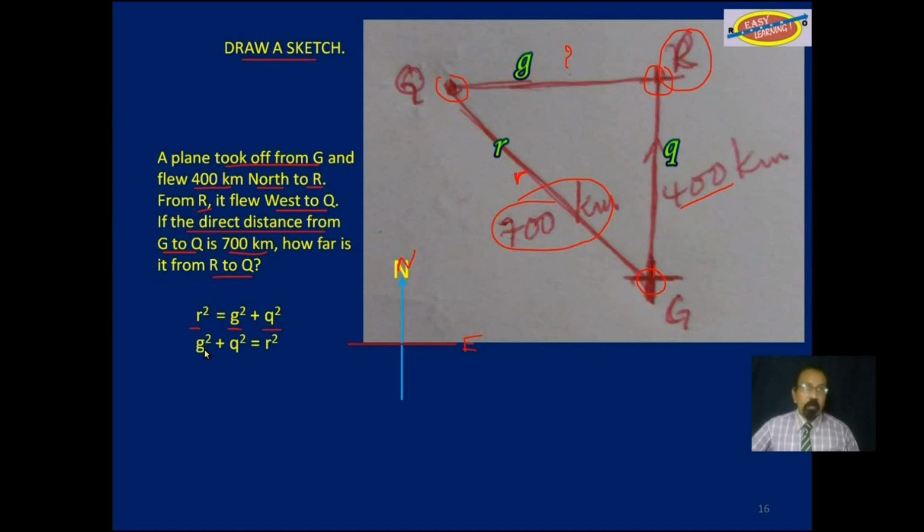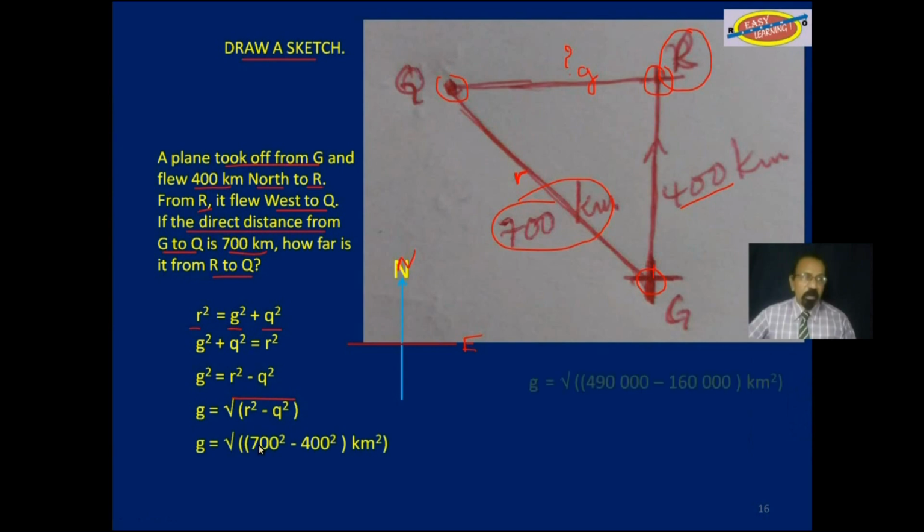We want to find g over here. We rearrange this formula to make g its subject, and we get this. G is equal to the square root of r squared minus q squared. We substitute the numbers we are given, and we work it out, and we come up